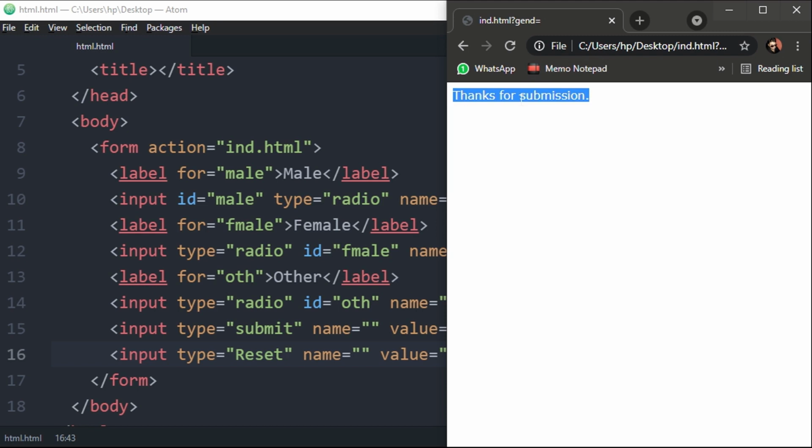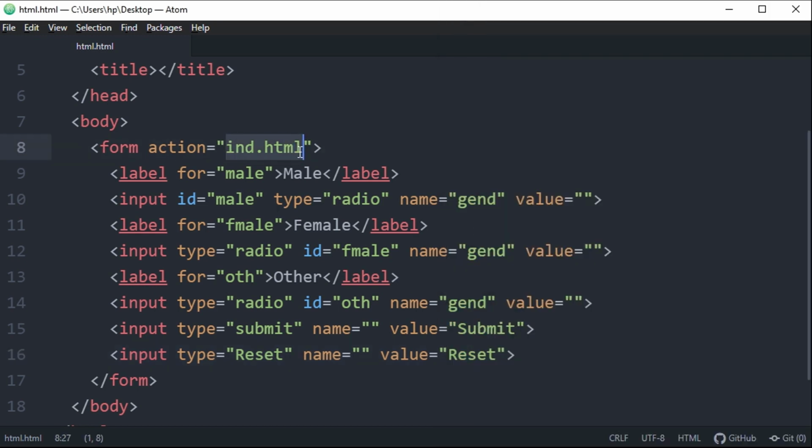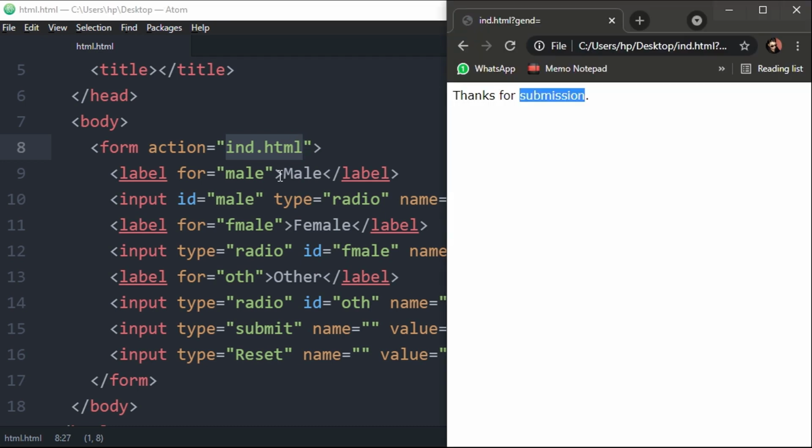The thanks for submission message is being displayed from another HTML page, which is ind.html, and that page only contains one plain text line, thanks for submission, and it is displayed over here. And you can reset the selected options. This is how you can use radio buttons to give users an opportunity to select one option from multiple options. And we have discussed the example.